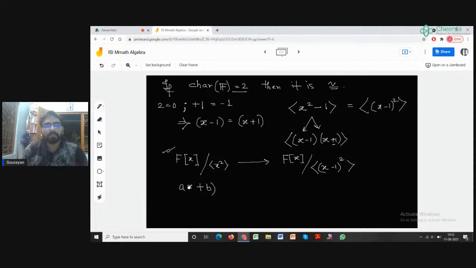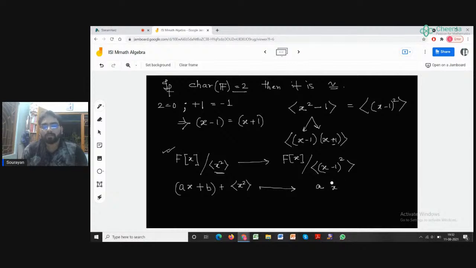Ax plus b plus the ideal generated by x square, because everything of degree greater than or equal to 2 belongs to the ideal generated by x square, right? So thus every element of F[x] modulo x square is of this form: ax plus b plus the ideal generated by x square. So if I map this to a